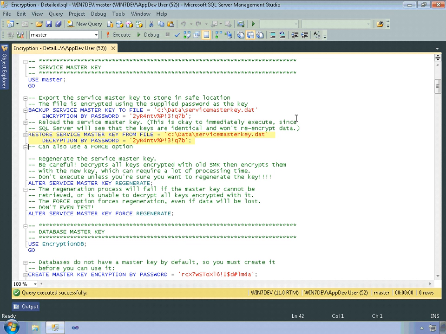Now, this could be an important step because keep in mind that this is the key that is going to be used to encrypt the database master key. If you lose the service master key or it becomes corrupted or something happens, then you won't be able to decrypt and access the database master key, which means that you may not be able to retrieve the other keys within the database, which means that you won't be able to retrieve the encrypted data within the database. Okay, so if disaster ever occurs, you can use the restore service master key from file in order to restore it from the backup. But you have to have the backup in order to